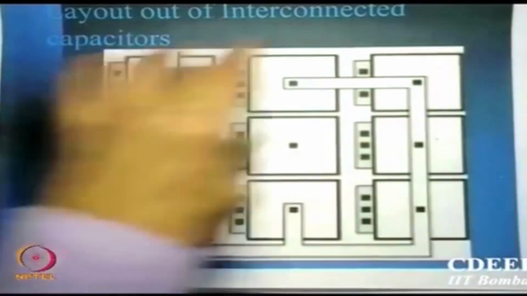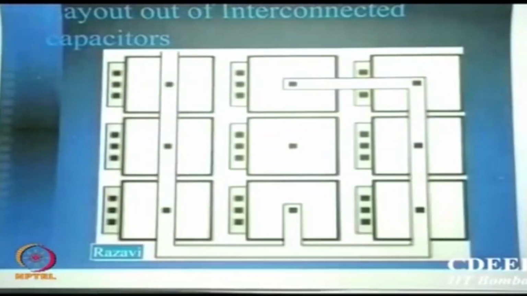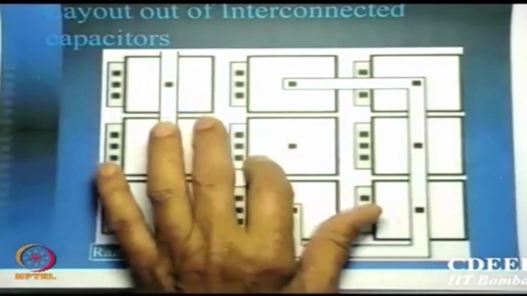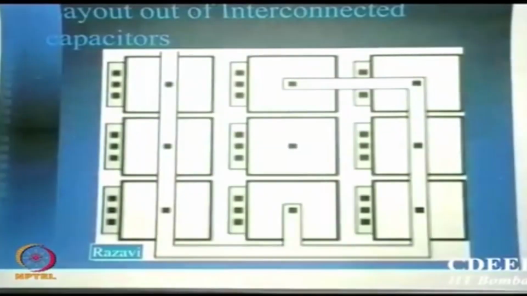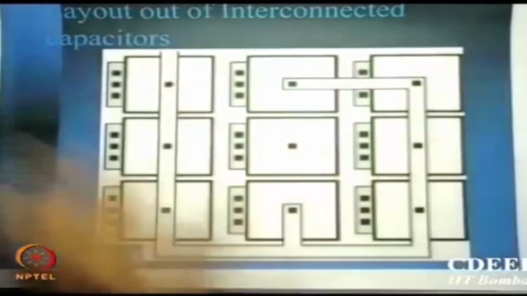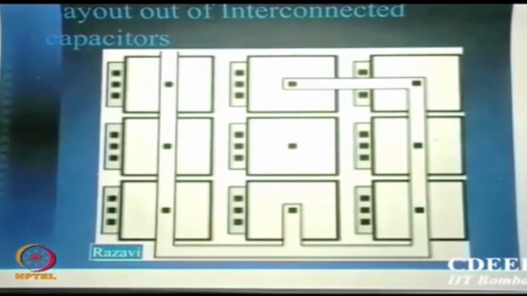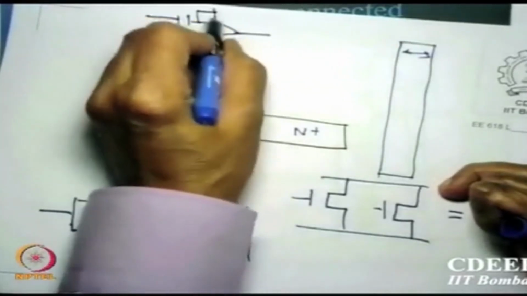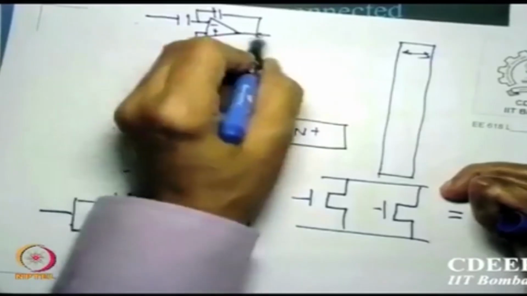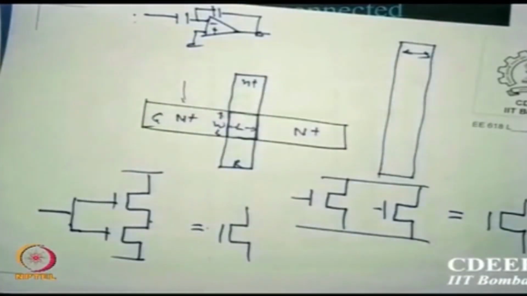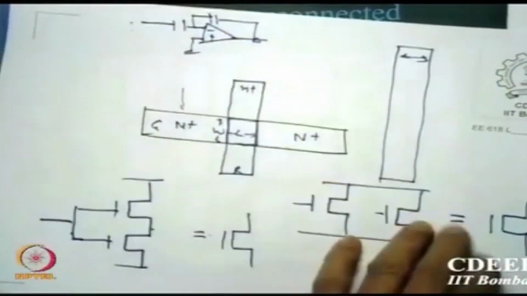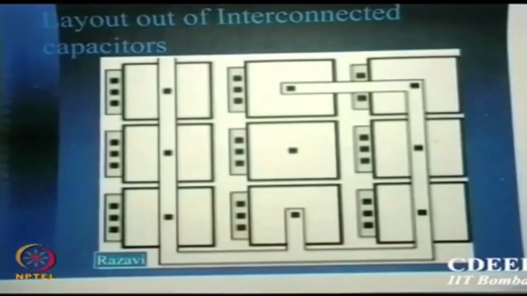These are connected 6, 6, 2. So 8 capacitances are connected together. Let us say this one has a capacitance of C; this is then 8C. Is that clear? This is C, and all of these are made in parallel, so there are 8C. Where do you think such things are needed? In switched-capacitor circuits, you will actually use two such capacitances. This will be 8 times this. So if you want to do this circuit, use this kind. You make a round,